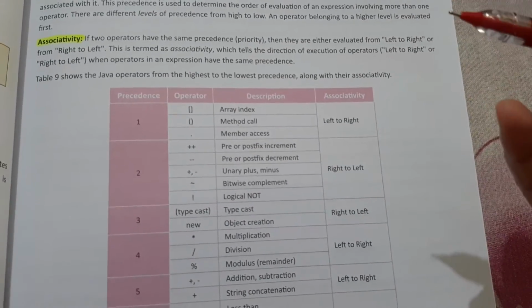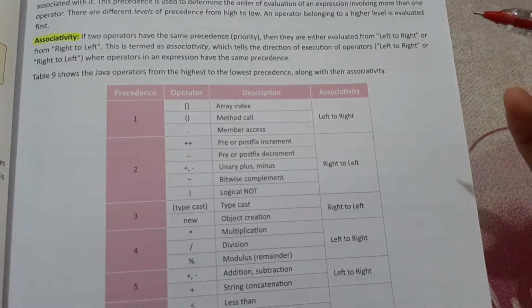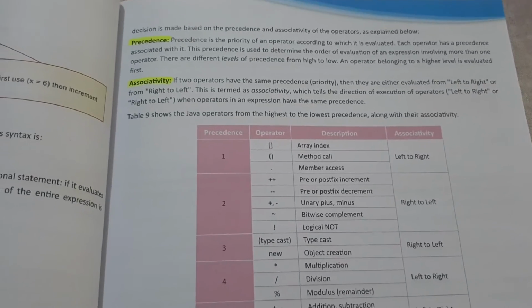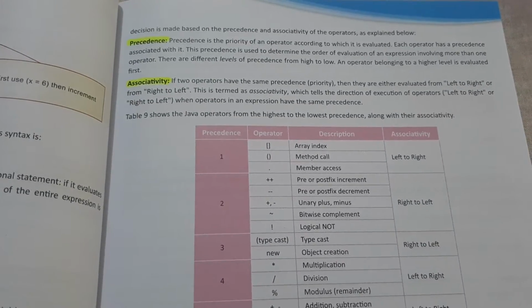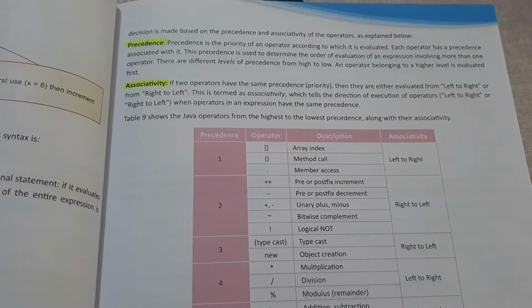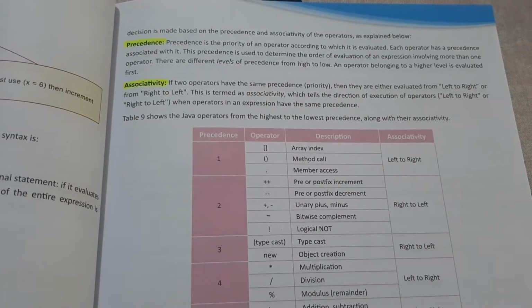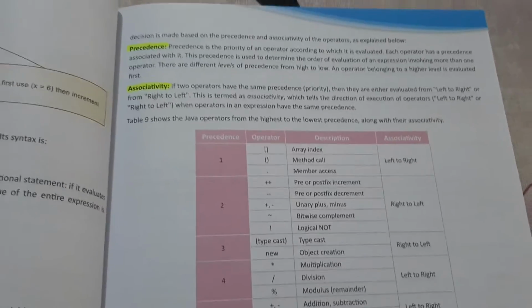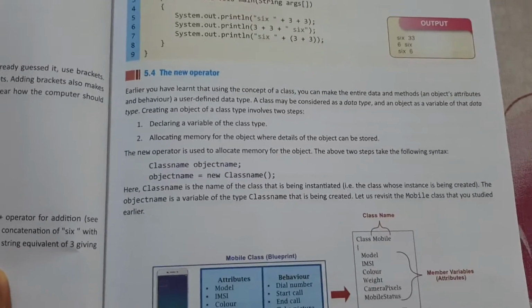It is just like maths. When you solve maths, you follow the method called the BODMAS rule, right? So similarly we have these 2 things here, the precedence and the associativity. Okay, so associativity: when 2 operators have the same precedence, then they are evaluated either from left to right or right to left. This is called associativity. And in this table, you can see the complete steps of how you can solve the associativity.